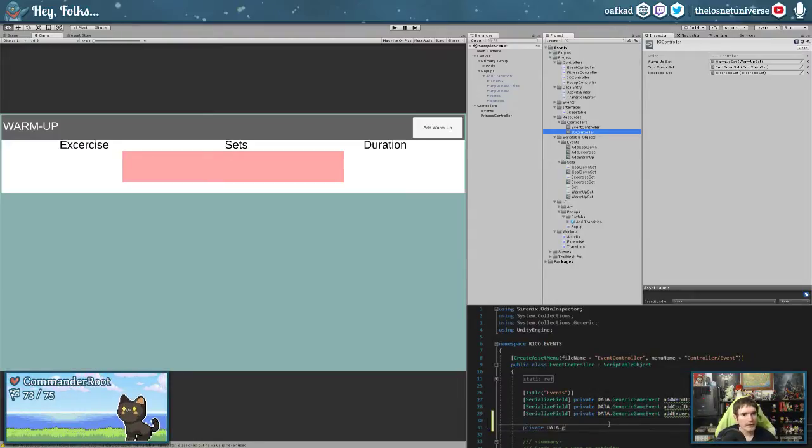Private data.generic game event. Data loaded. So now we need to create that event, and we also need to public static void data loaded.